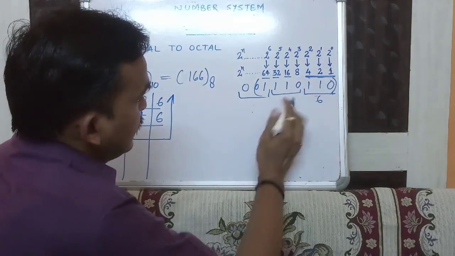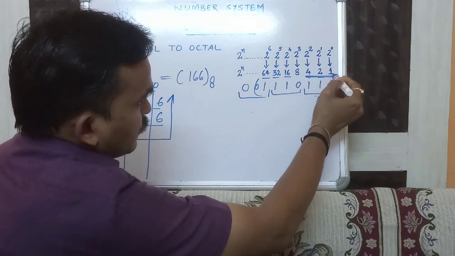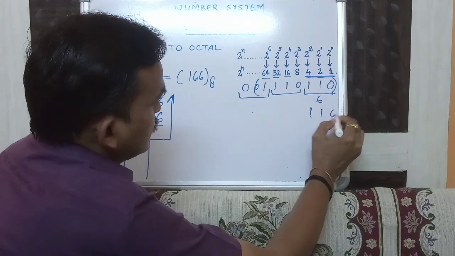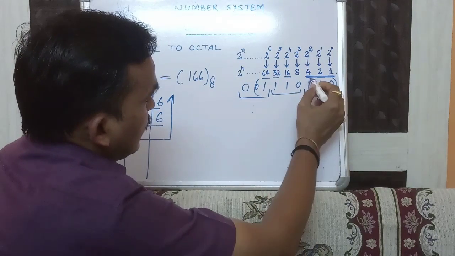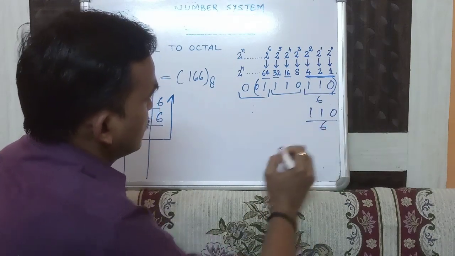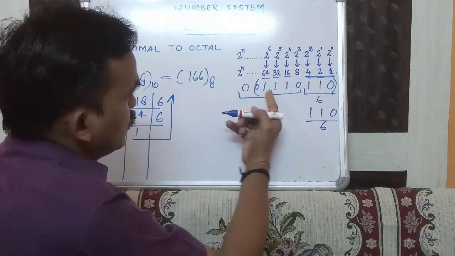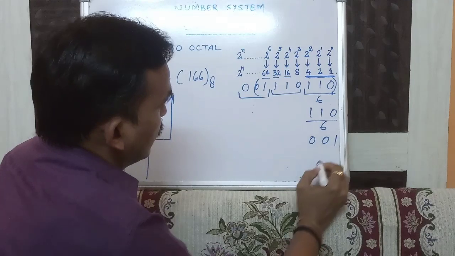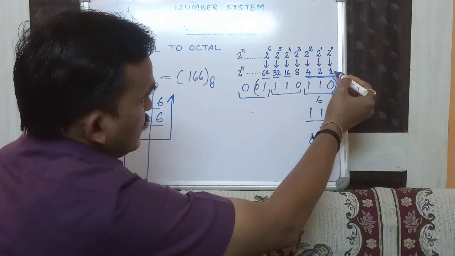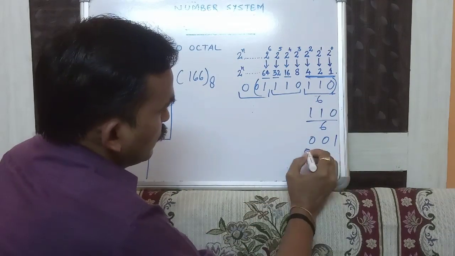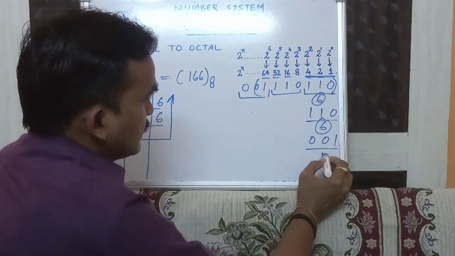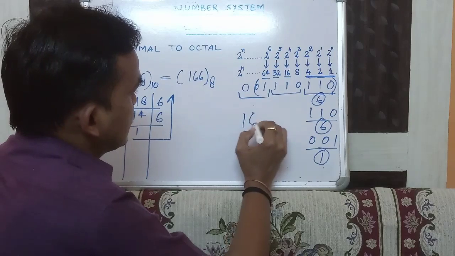Again we will apply this value in terms of these 3 values. So this is 1 1 0, again 4 2 6, so this is 4 2 6. Now this is 0 0 1, again we will use 0 0 1. So 0 0 1 means it has only one value, so we will have 1. So the answer is what? Answer is 6 6 1, means 1 6 6.